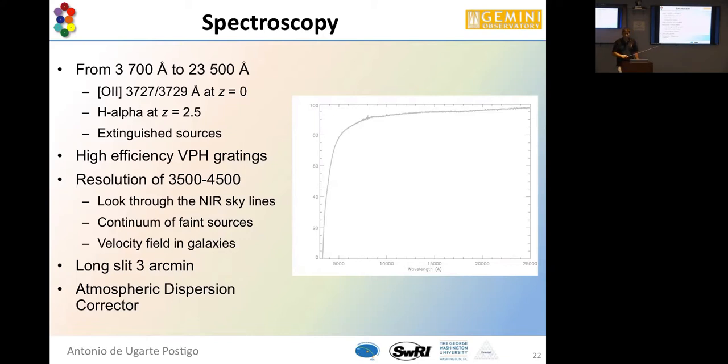As most of you might know, maybe someone doesn't know, Gemini is quite unique in the coating of the mirrors. So instead of using the more classical aluminum coating, Gemini is using a coating based on silver, which is extremely efficient for the infrared, and actually is much better than aluminum, all the way down to around 4,000 angstroms. The problem is that below 4,000 angstroms, it drops very, very sharply. This is a trait that was decided by Gemini, which I actually agree on. And if you combine this together with the...